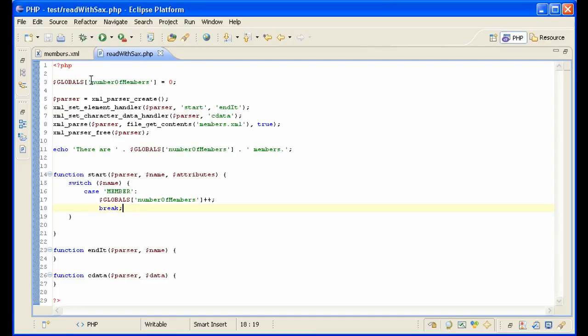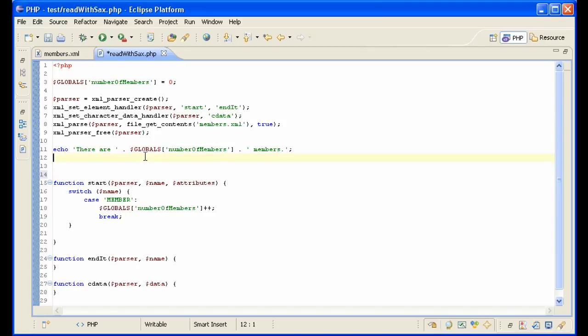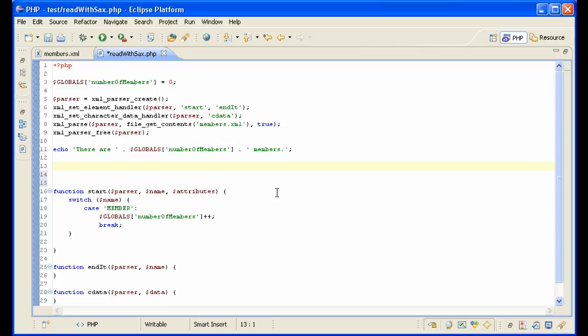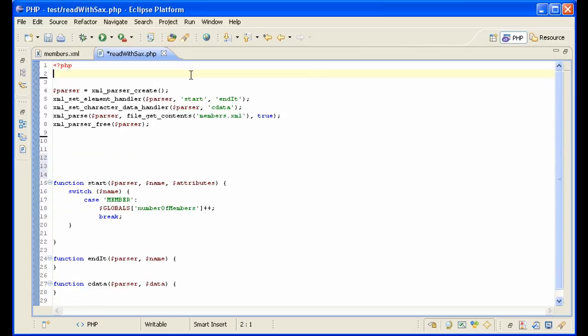Because of these functions here, you need to have the global scope to be able to add to that variable. But now what we want to do is we want to actually collect an array, a collection of member arrays, as we did in the XML Reader lecture, so that we have all of the information and not just how many members. And that's a little trickier in SAX than in XML Reader. So let's get our goal here. We don't want to do the number of members anymore. We want to, after we're done, we want to say,